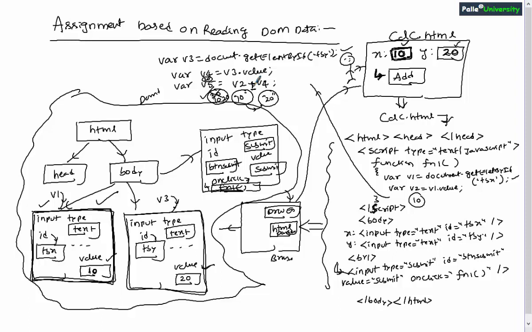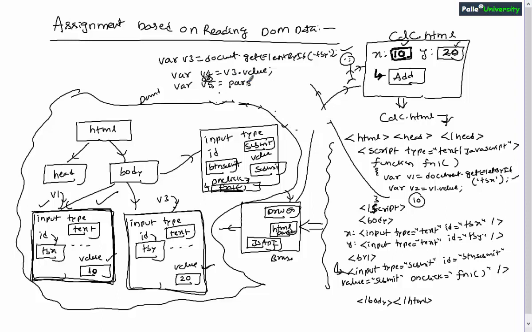Now the next question here is what I should do in order to perform the addition operation. Very simple. In JavaScript you must convert string data into integer data. So in order to achieve this, in JavaScript there is a predefined function called parseInt. I already said every browser will be having a JavaScript API. That API contains this parseInt function. Now we need to make use of this parseInt function. Let me show you how to use it.